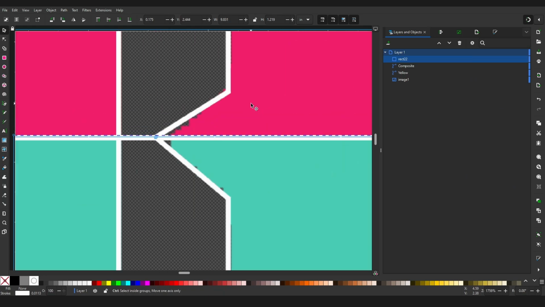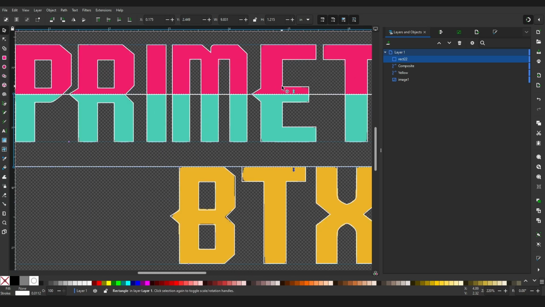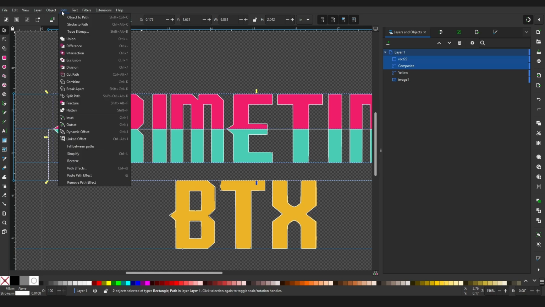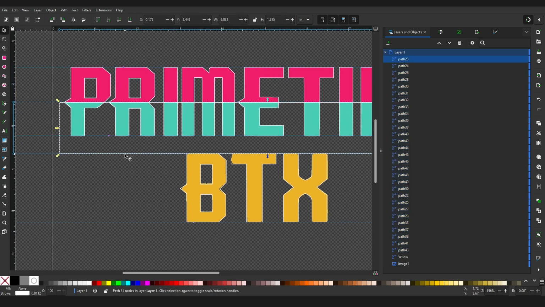For some reason, it doesn't want to snap. Let's try one more time. Well, we could probably eyeball it. That should be fine. All right, so now I'm going to shift select this. I'm going to come up here to Path, and I'm going to say Fracture. All right, so now I can select this part up here, just delete that, and then there's going to